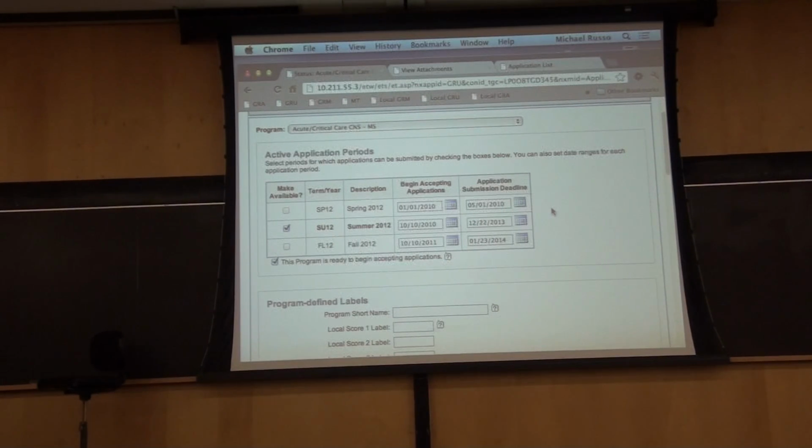And it was turned on when you went in and you made the decision to select fall 12 or something. There was no way for you to say when an application period started or ended. In other words, when an applicant was able to go in and submit an application, first of all, find your application in the list and then submit it. It was all based on when somebody went into this status page and deselected a semester or selected it, which isn't very helpful. So I think back in June or July,